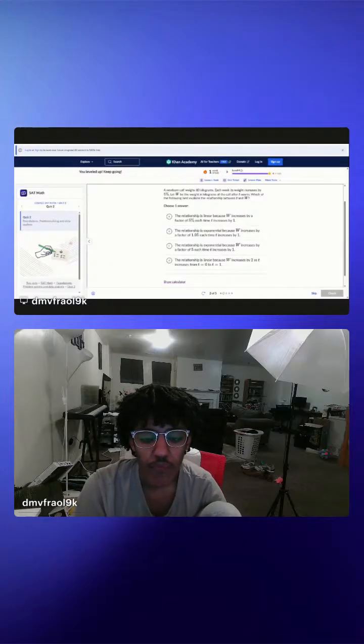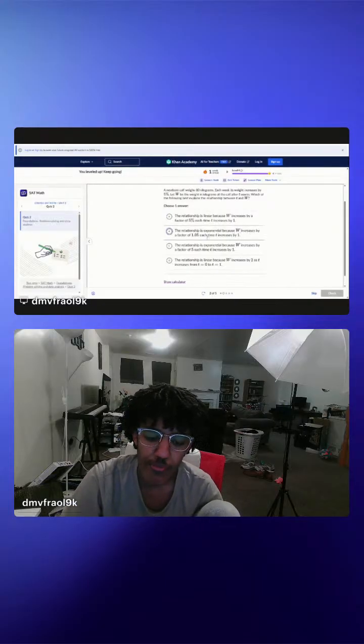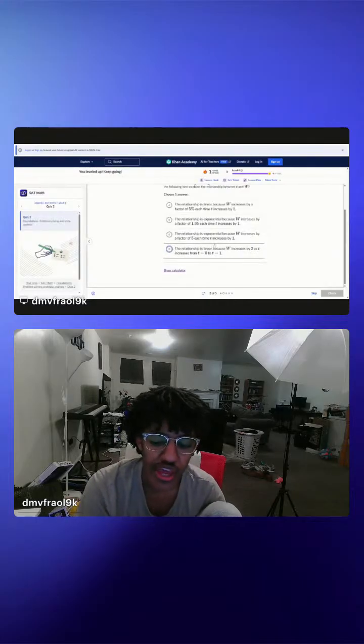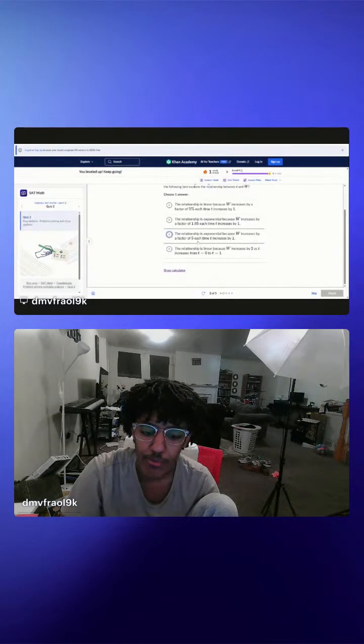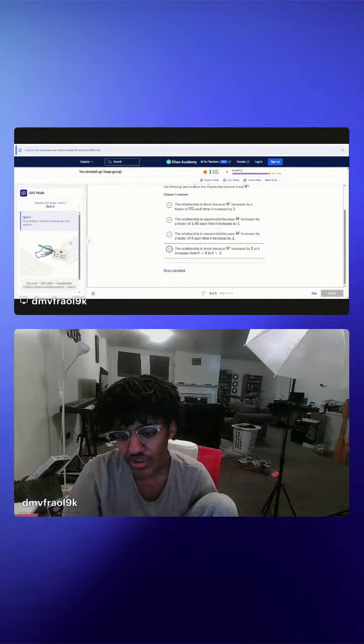The relationship is linear because W increases by a factor of 5% each time T increases by 1. The relationship is exponential because W increases by a factor of 1.05 each time T increases by 1. The relationship is exponential because W increases by a factor of 5 each time T increases by 1. The relationship is linear because W increases by 2 as